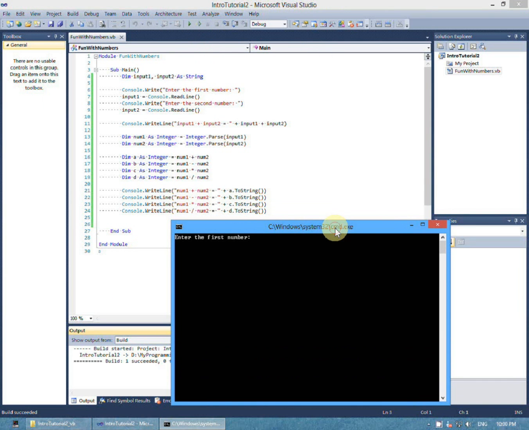Enter the first number, 12, the second number, 34. Now the program says num1 plus num2 is equal to 46. Num1 minus num2 is equal to minus 22. Num1 multiplied by num2 is equal to 408. Num1 divided by num2 is equal to 0. Now all these three are correct except the last one,